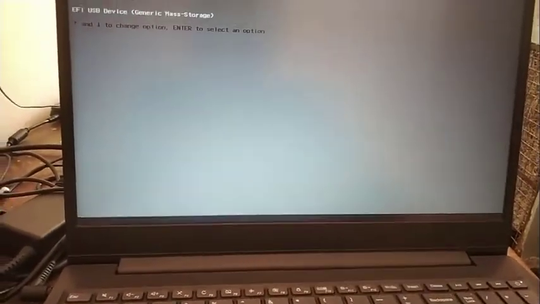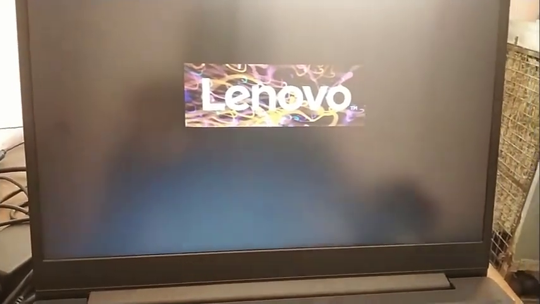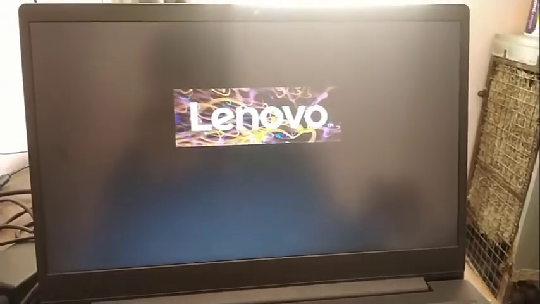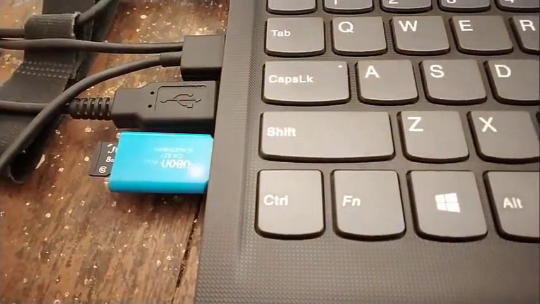After booting, again hit F6 or F5, F12. Now it is asking you whether to boot from mass storage. There is USB mass storage available. Now hit enter. Now it will show you the Lenovo logo. As you can see, now it's trying to read my SD card data so that it can understand what operating system I am installing.